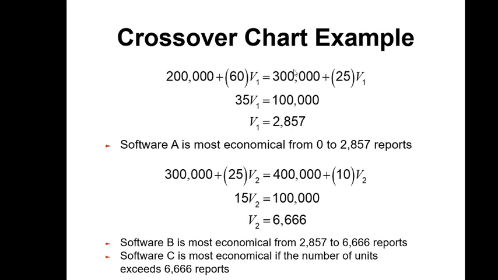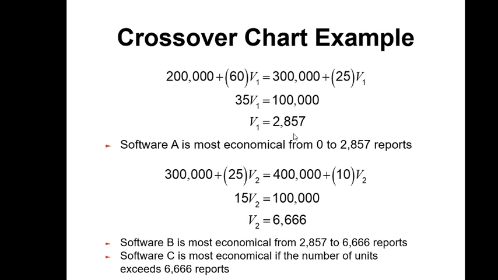It will be equal to the total cost of software B, 300,000 as a fixed cost for software B, plus the variable cost for B, which is $25, multiplied by the number of units again, which is V1. So by the intersection of the two total cost lines of A and B, we will have V1, the number of units, equal to